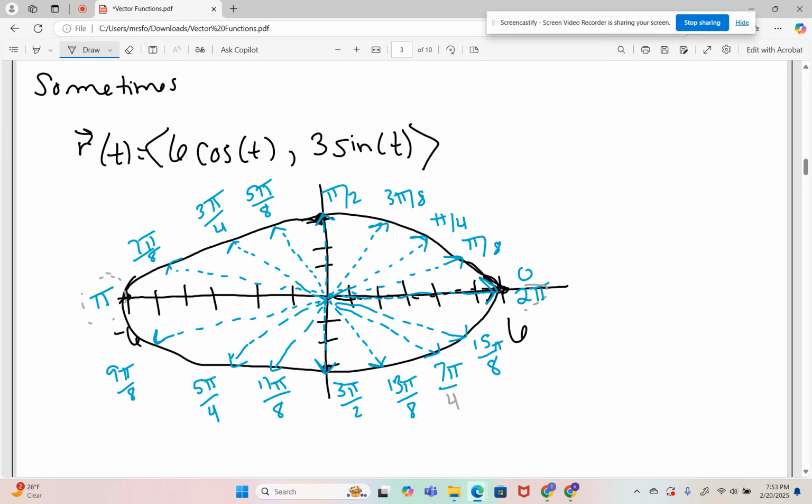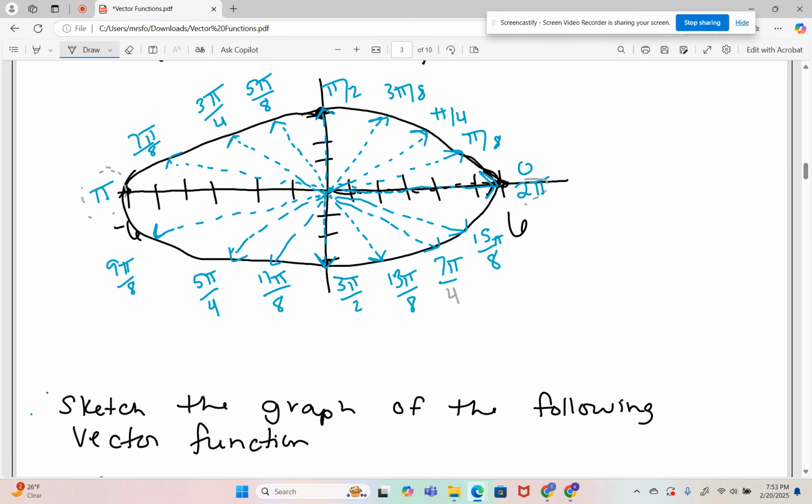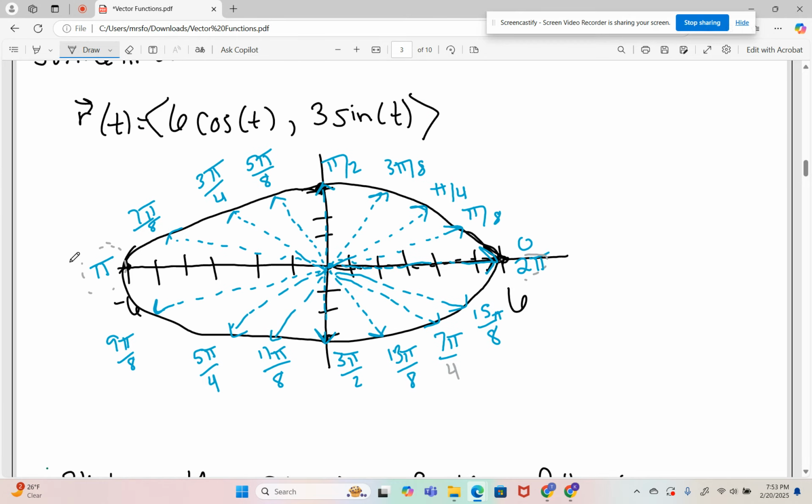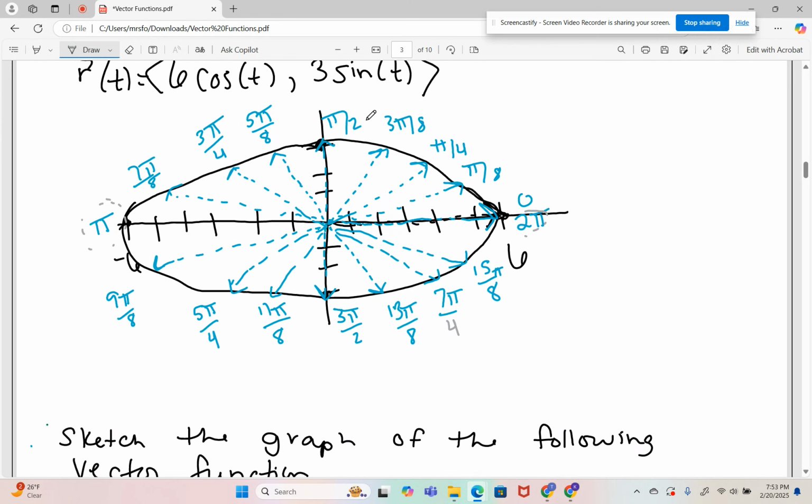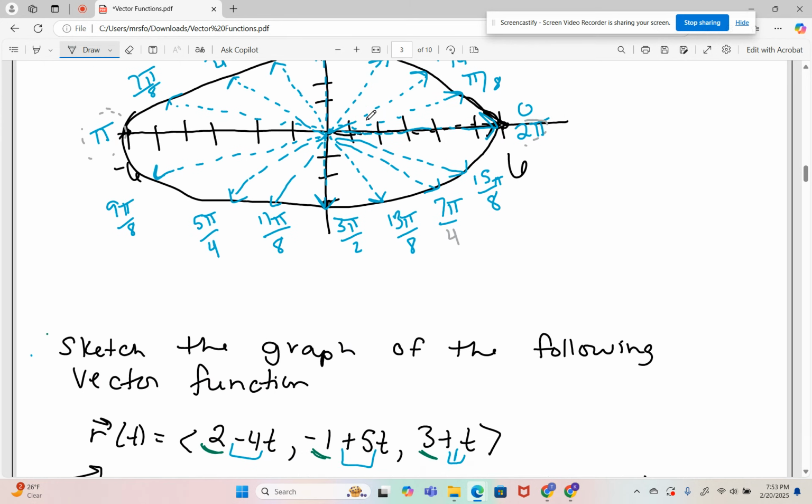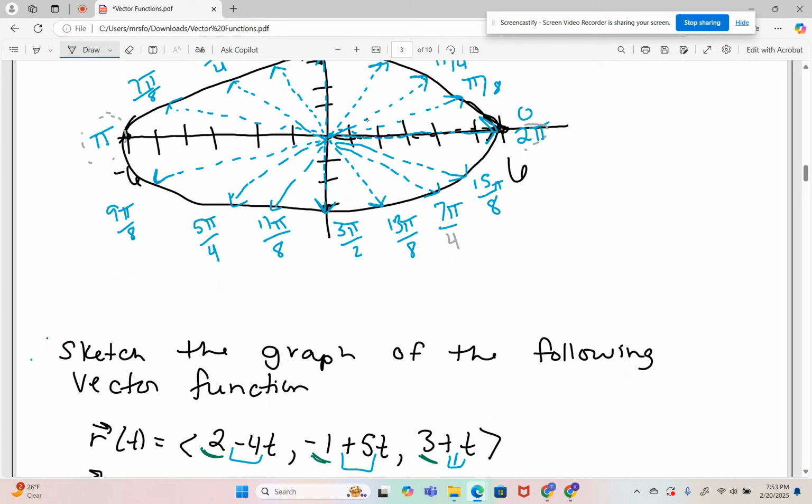So, another sketch. And another, like looking here, it wasn't just a t. You had like a g of t and a h of t for your components. So now in this one, we see we have an x component, a y component, and a z component. None of them are just a t. So you could pull out different things. But when we look at it, I want us to pick out, well,